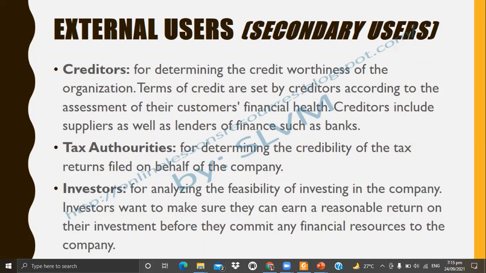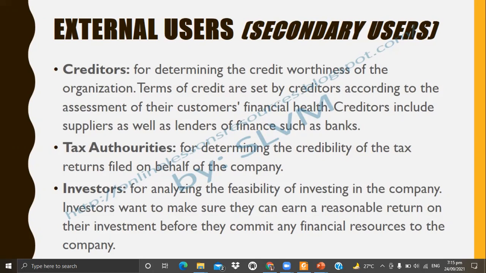While yung tax authorities naman, for determining the credibility of the tax returns filed on behalf of the company. Syempre yan, yung BIR. Isa rin sa kailangan nila yung financial statements natin to know kung magkano ba yung tax na dapat nating bayaran. So yun, pag gumagawa tayo ng financial statement for tax or for BIR, make sure, no, na credible yung financial statement na ginawa natin or tama talaga yung mga details na nilagay natin doon.